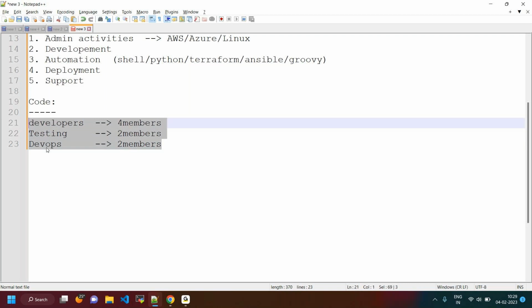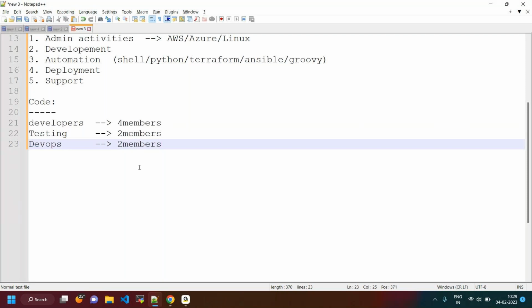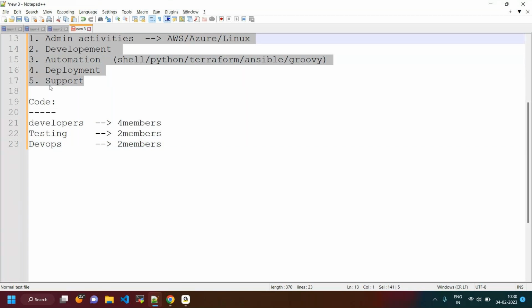My team size is also 12 members, and we are going to be supporting nearly 5 teams. They are going to be working in different environments. So we 12 members are going to be helping them to resolve the issues, as well as doing some development activities, and working on admin activities. We are doing some support activities as well, some deployments as well, and some automations as well. Every role we are going to be involving in our organizations.